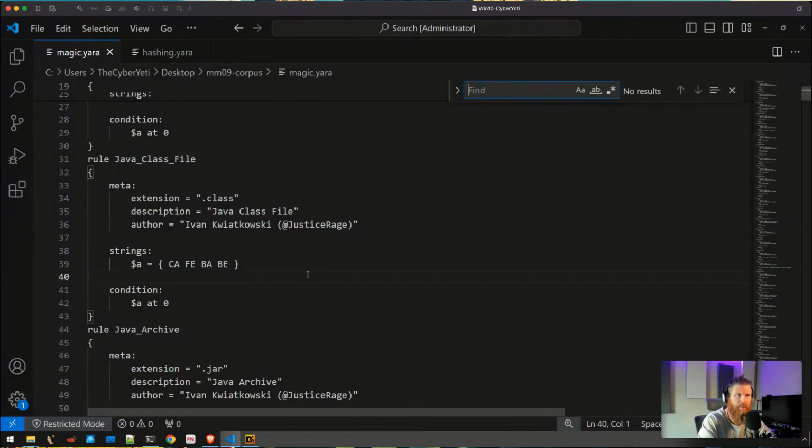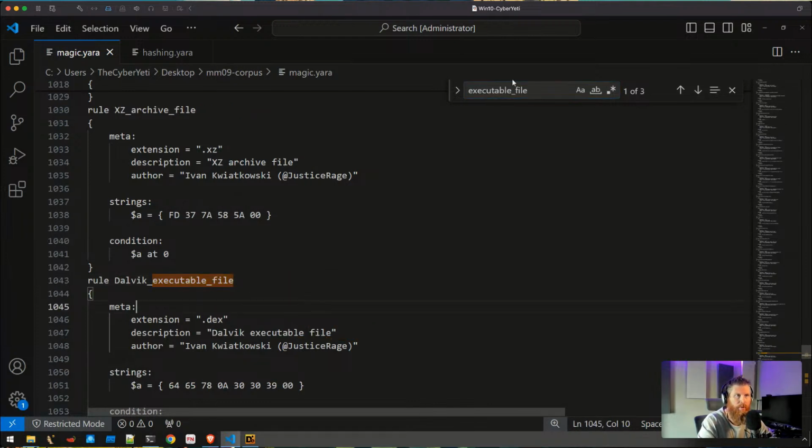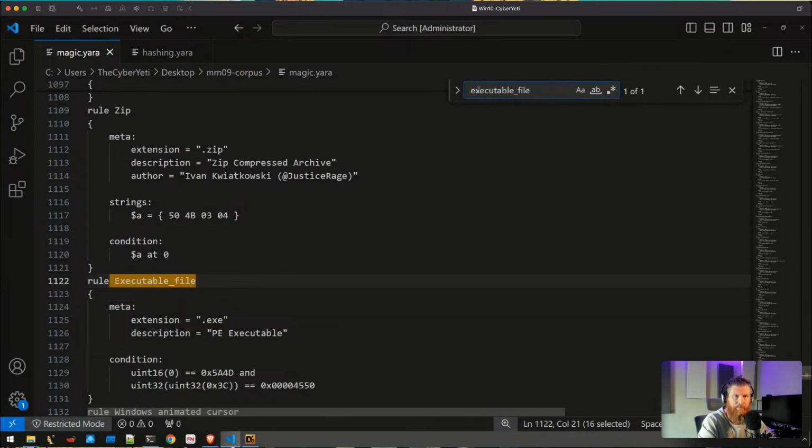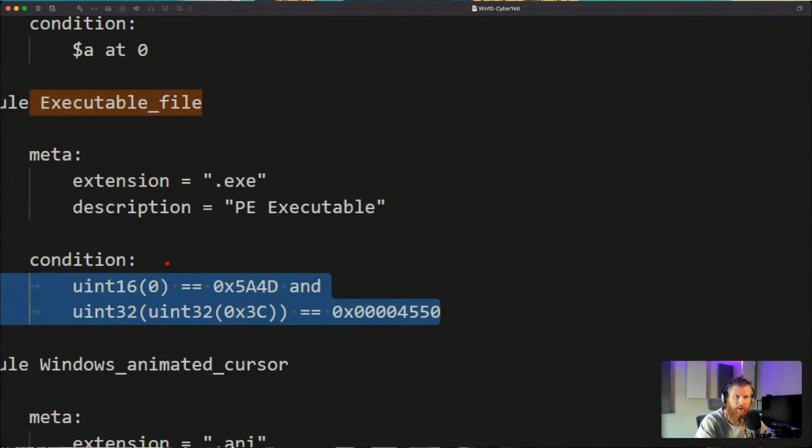We could go back to our YARA rule, executable file here, and let's put a space in front of that. And there's the rule itself, right? This is a pretty common pattern, in that it looks for the first 2 bytes of the PE file. So at offset 0, it looks for 4D 5A, and then from there, it uses e_lfanew, which is the member at the beginning of the file, in the IMAGE_DOS_HEADER, that navigates to the next section, which is PE, the uppercase P, uppercase E, followed by 2 null bytes. And that's just what this hex sequence here represents, right?